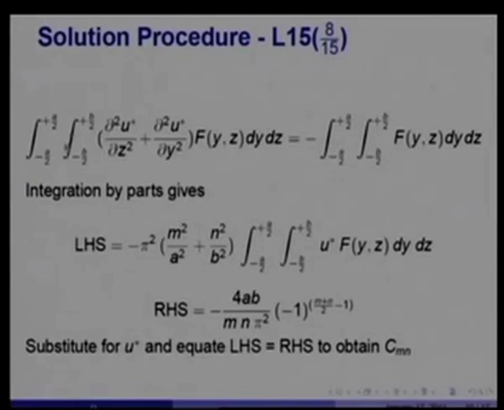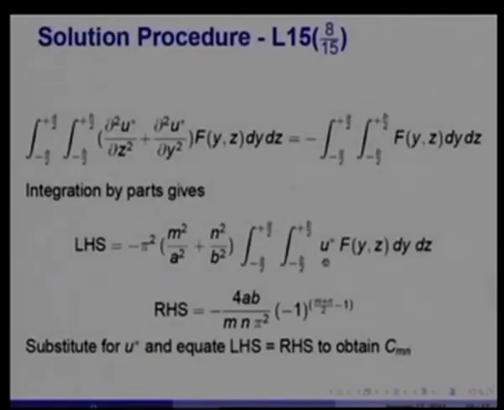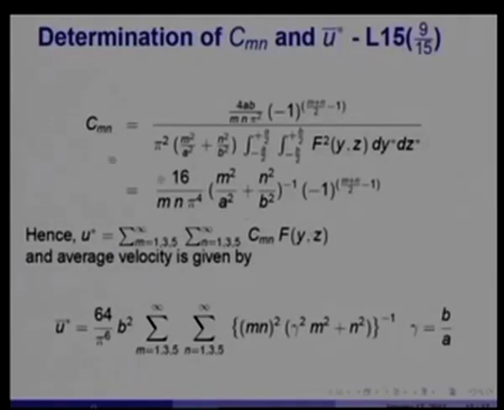Simply these terms are reduced to that, multiplied by u star into f y z. The right hand side, on the other hand, would give you minus 4 a b by m n pi square, times minus 1 raised to m plus n by 2 minus 1. So, if you substitute for u star and equate the left and right hand sides, what is u star? U star is simply this. So, if we substitute for u star in this expression, equate left hand side with right hand side, we get Cmn equal to the expression given here, and again here substituting for f y z squared would give me that